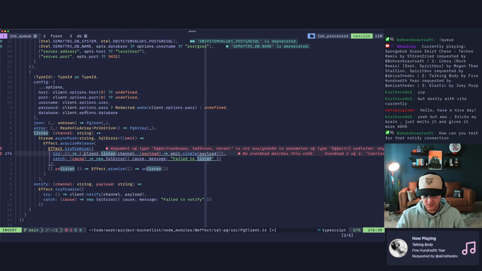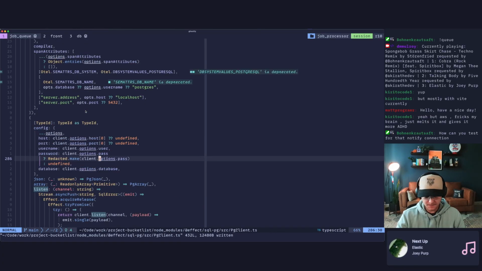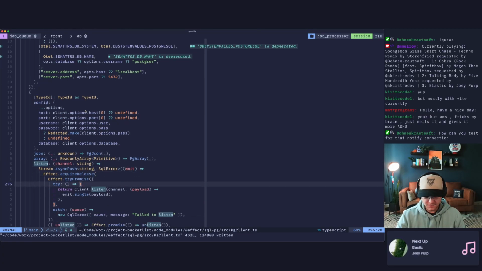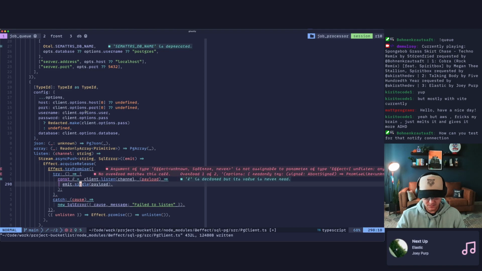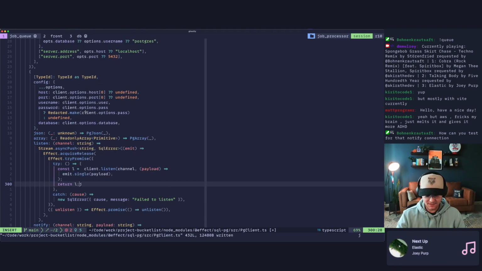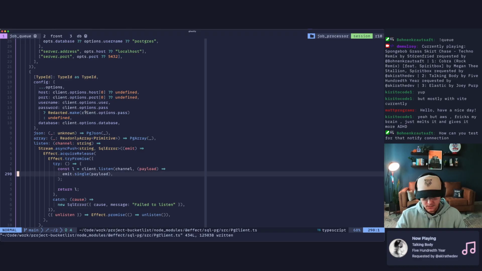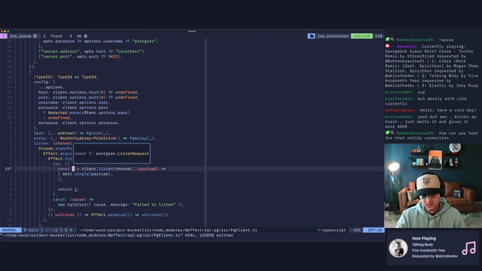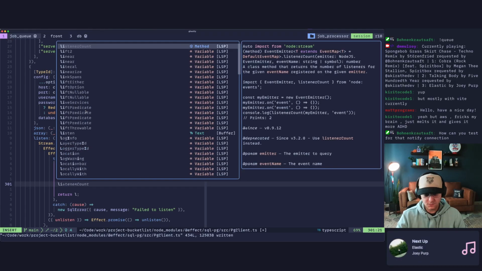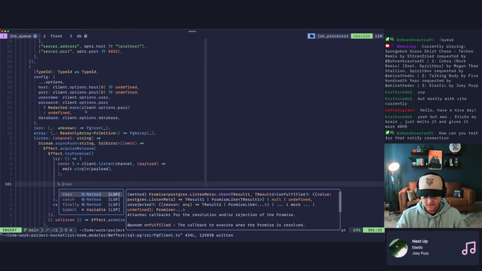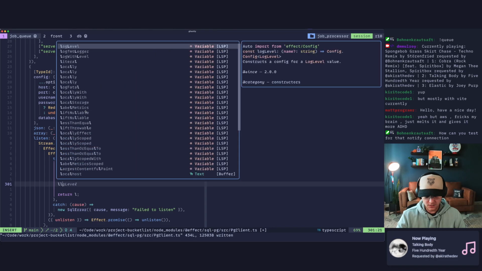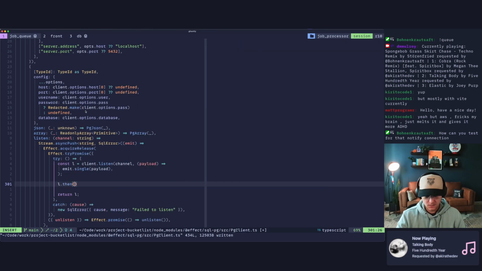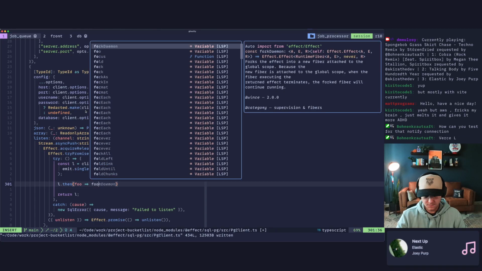If instead we assign this to a const, let's just say L for now, and then we'll return it. We're gonna take the L here, boys. The type of this is a Postgres listen request, which, what do you have on it? It's async. Sure. L dot then foo dot